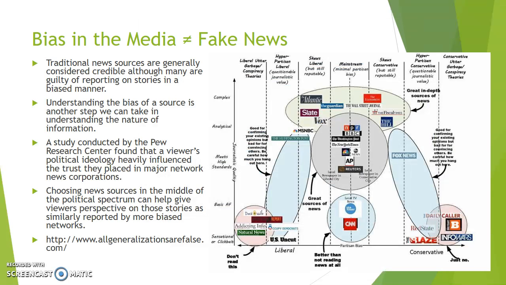While bias is inevitable in varying degrees across information platforms, traditional news sources are generally considered credible. A culprit in the rise of distrust for the mainstream media is our own political biases. A study conducted by the Pew Research Center found that a viewer's political ideology heavily influenced their trust in the